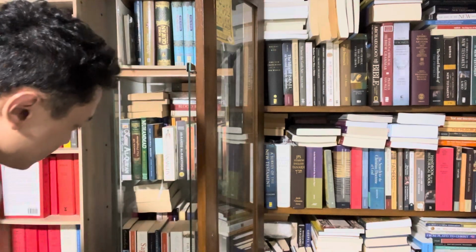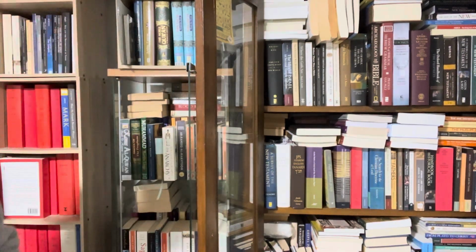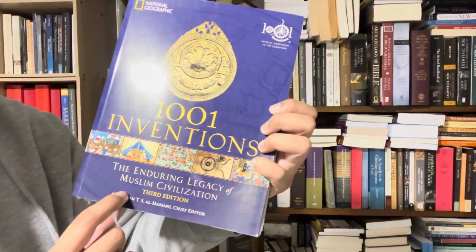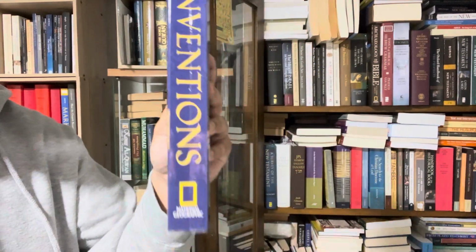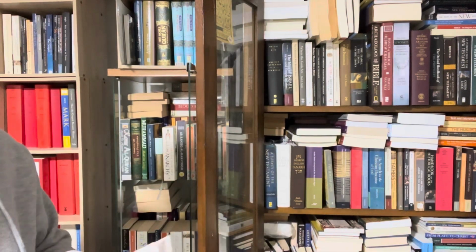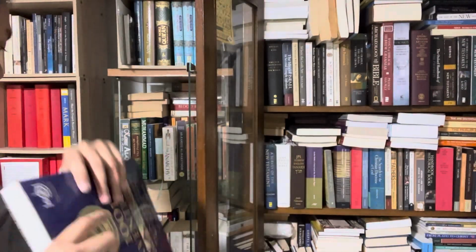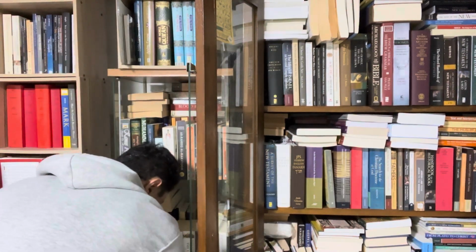And so there's tons of other literature. One of the books that I would highly recommend is 1001 Inventions: The Enduring Legacy of Muslim Civilization. This is the 3rd edition, published by National Geographic. Coffee was actually an invention of Muslims, the kind of coffee that we have today. And you have a lot of these pictures and images. Some people have disagreed and said it is not a Muslim invention. But nevertheless,